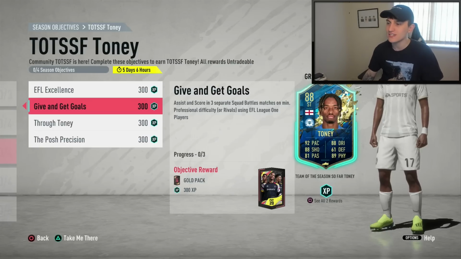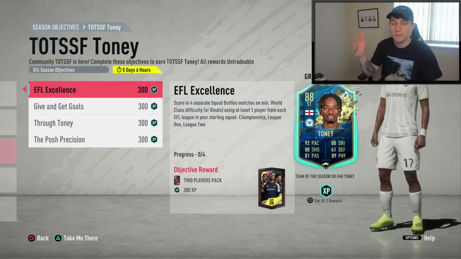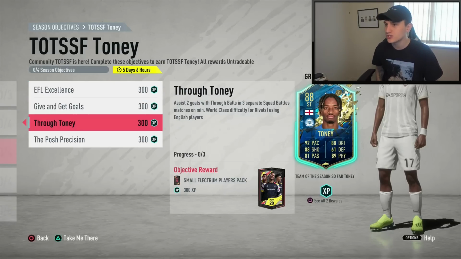Next up, Give and Get Goals: assist and score in 3 separate Squad Battles matches on minimum Professional difficulty using League 1 players. That's absolutely fine, because we're going to be putting those League 1 players into our team because of this EFL Excellence. Next up is Through Toney, which is assist 2 goals with through balls in 3 separate squad...